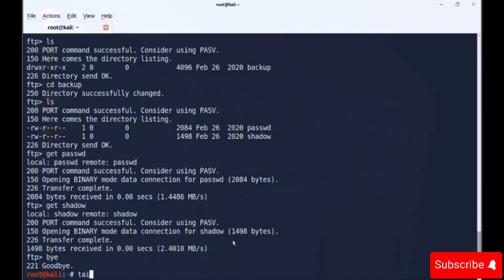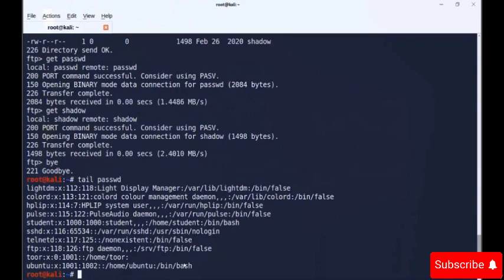So first we will use tail passwd. We are using the tail command here. By default, if we don't provide any parameter with this command, it will show us the last 10 lines of the file. So you can see the last 10 lines of the passwd file. Here we have the names of all the users present on our target system along with their UID, GID and home directory. So we have a lot of details here. Notice one thing, the user tour, that is TWR, has a UID of 0, which is not a good thing because 0 is provided to root. There can be only one account with this UID.